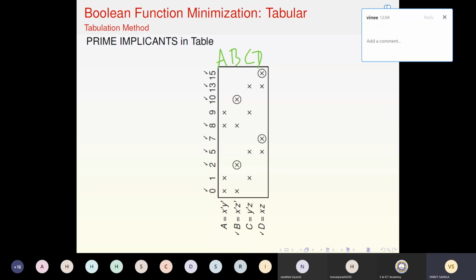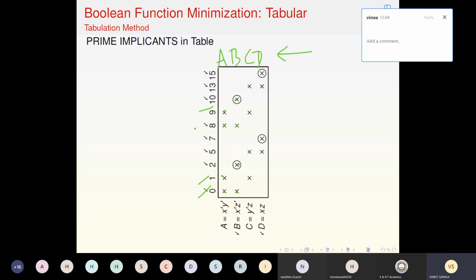So A covers 9, 8, 0, 1. I am marking a tick mark here. You can go back to the previous table. B covers 2, 8, 10 and 0. I marked them. Now my choice is that I do not want to choose all 4. It's a larger representation, and I still want more optimization. I want to choose only A, B, or A, C, or A, D, or some fewer of them. So what is the process? I must identify whether A and B together cover all of them, or A and C together cover all of them. You know this.